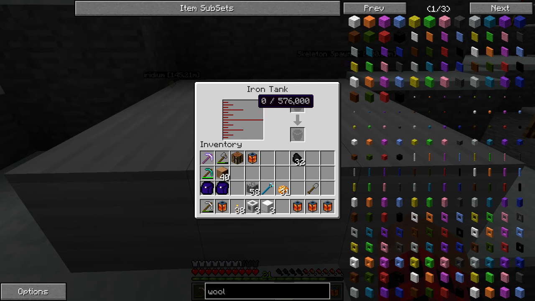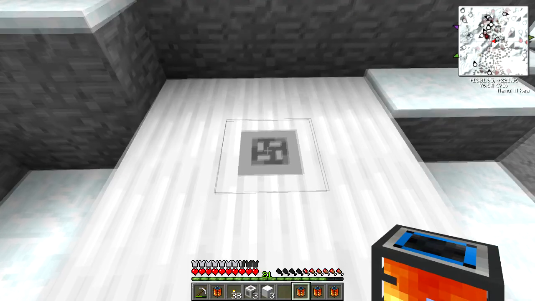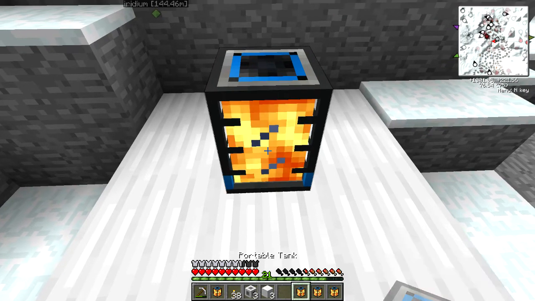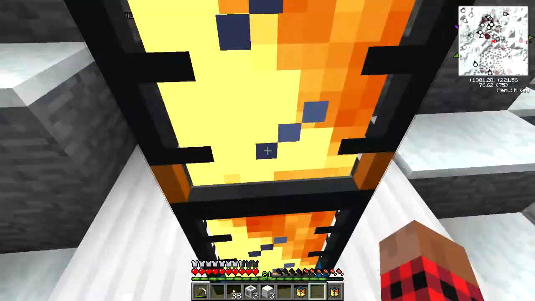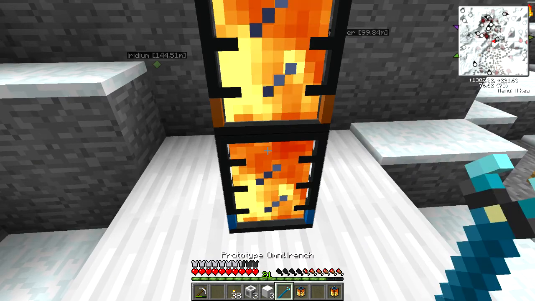We can store 576,000 Minecraft liters, whatever they're called. Basically, 576 buckets worth of lava. And we'll just put that on top. We'll stack them up, like so. And now if we bring our wrench out again, and right click on the bottom one,